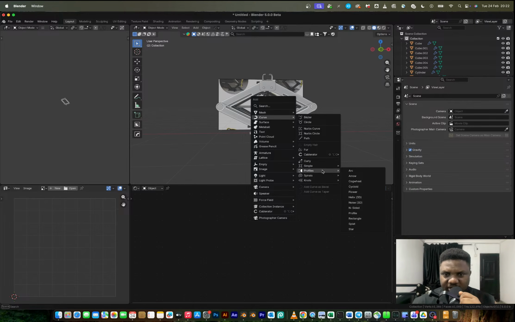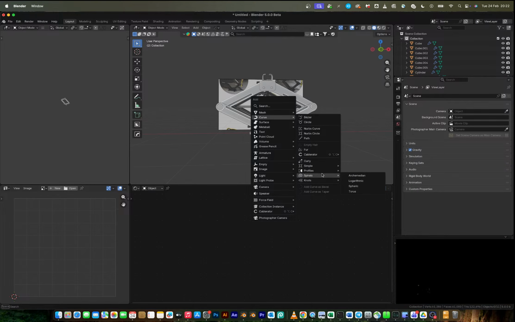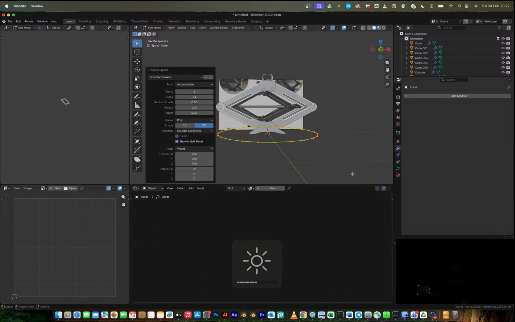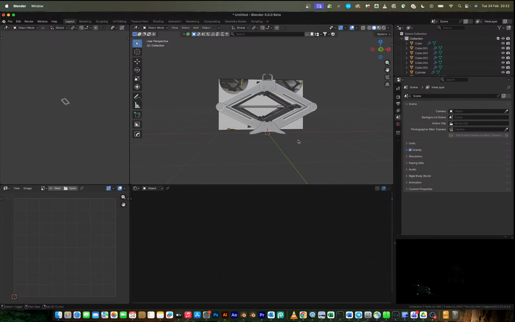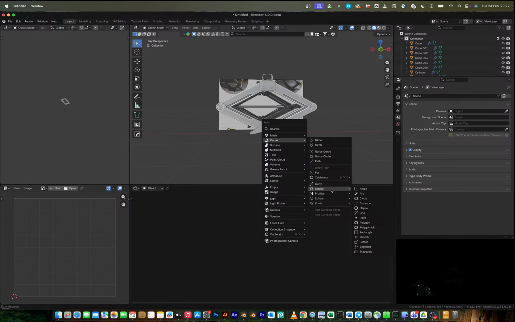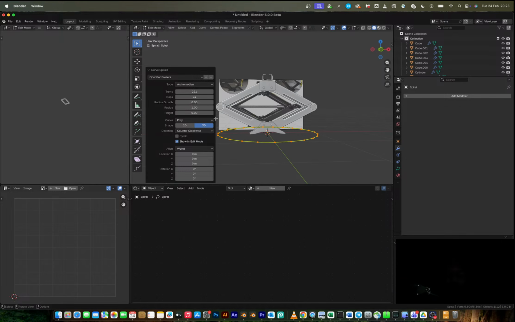Which one of these used to have the Archimedes something? Yeah, Archimedes this. So something like this. Yeah, where is it? Spiral, Archimedes, and then